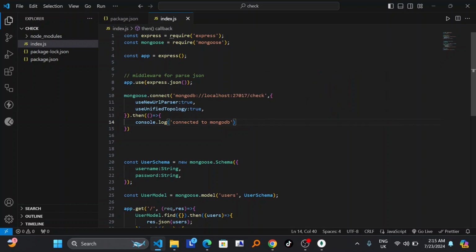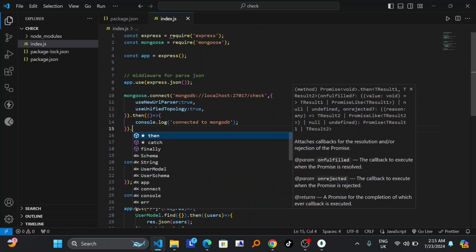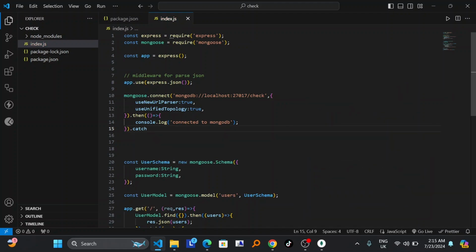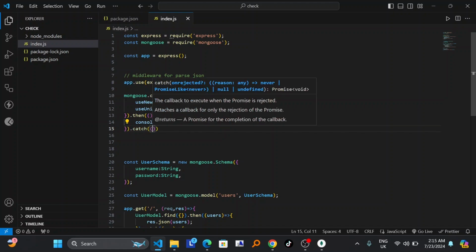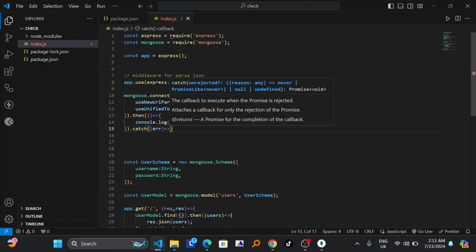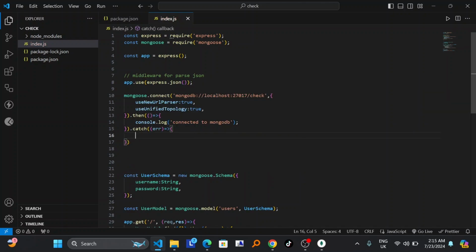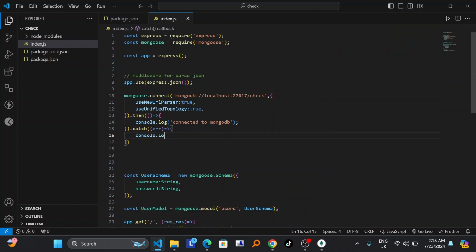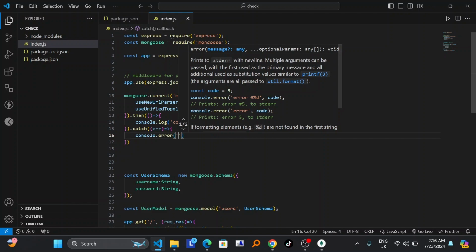And after, I have to keep a semicolon here, and catch will be dot catch, like this function, and write err, and also provide an arrow function which will show us if there is an error for the connection. console.log, or sorry, this will be console.error,